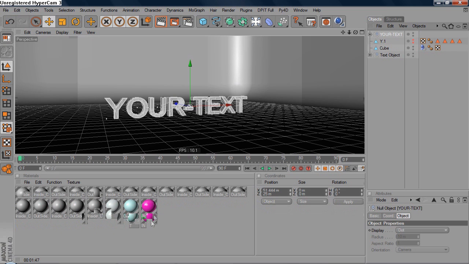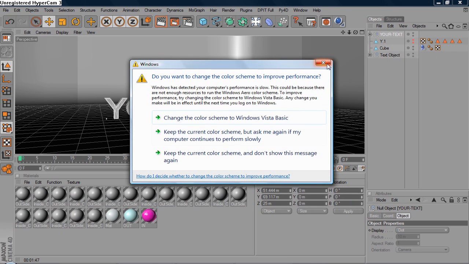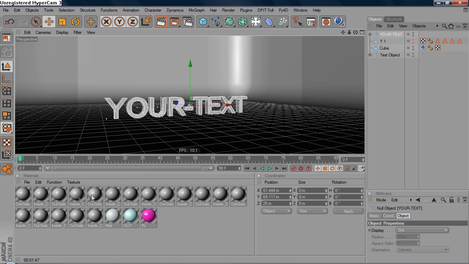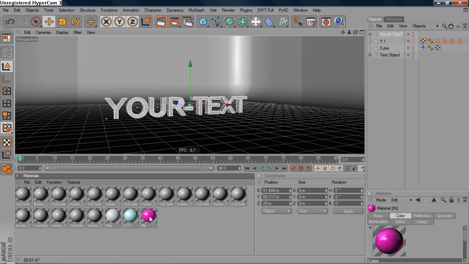And for the inside, I'm using the purple. And you're gonna see for the text material, when you break it, you're gonna have outside material and inside material, outside, inside, outside, inside for each text. So you want to take the inside material, press Alt and drag it to the inside material. Keep pressing Alt and inside, and again inside, inside, and you can see it's replaced the material for us,